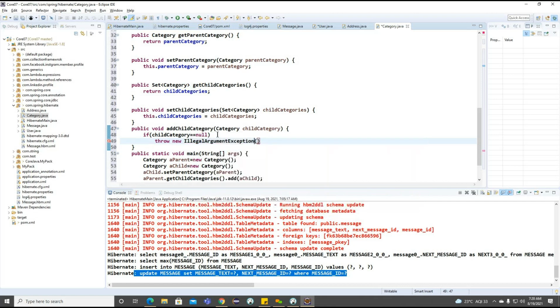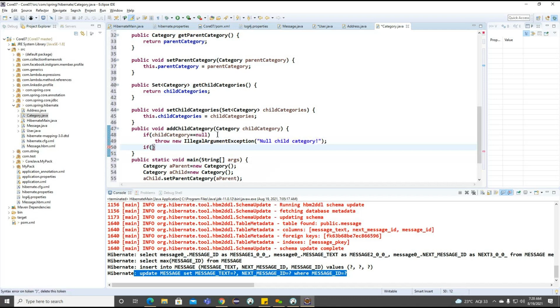Illegal argument, and we can define the message call null child category. Getting the point. So we can write here. But sometimes what happens here, the child category we are not going to make null. So if I'm not making null here, now what I'm trying to write here, if you observe,